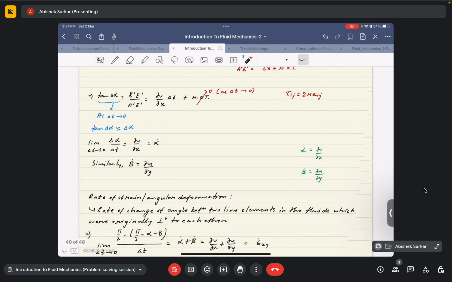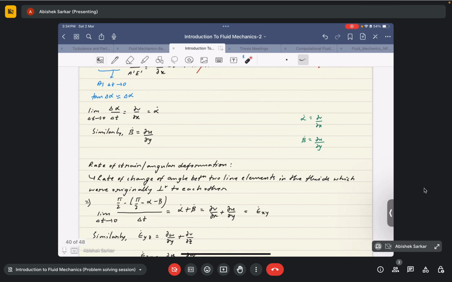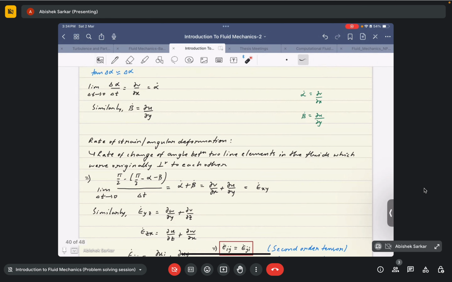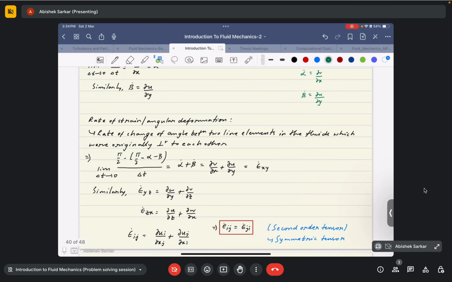Okay, so by definition, the rate of angular deformation is actually given by the rate of change of angle between the two line elements in the fluid which were originally perpendicular to each other. Okay, I hope the definition is clear. Now if we try to write it mathematically, since the angle between the two line elements, say if I draw it like this, the initial angle between the two line elements was 90 degrees, right? So pi by 2, and after deforming,